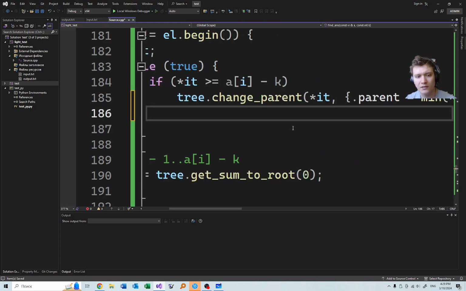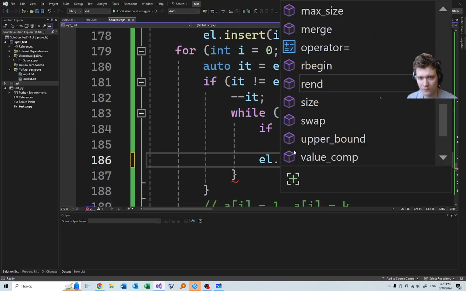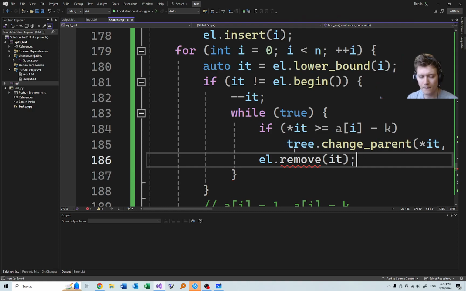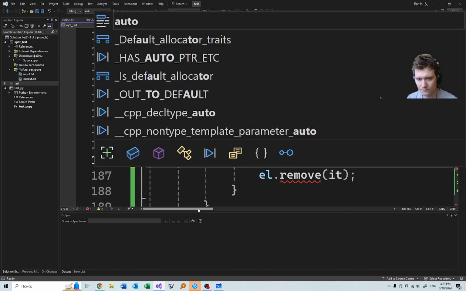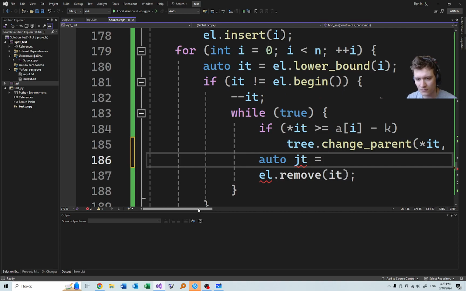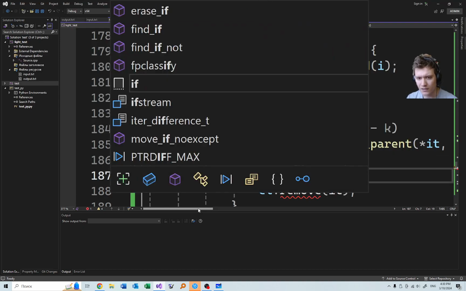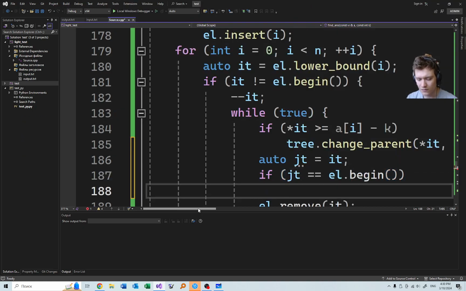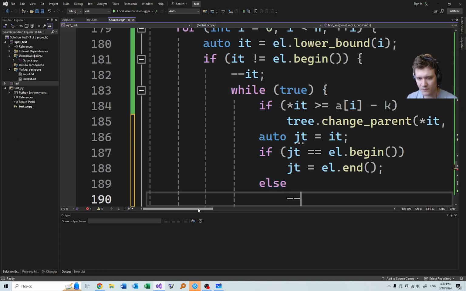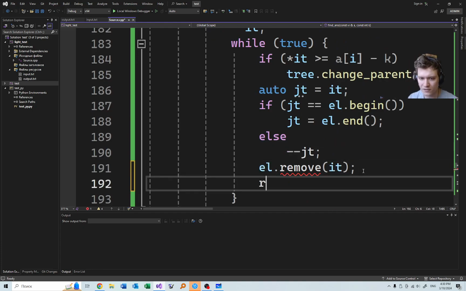Okay, we have changed it. Now we need to remove it. But also we need to say auto JT equals L dot equals IT, and if JT equals L dot begin, JT equals L dot end, else minus minus JT. Then we remove IT and we say that